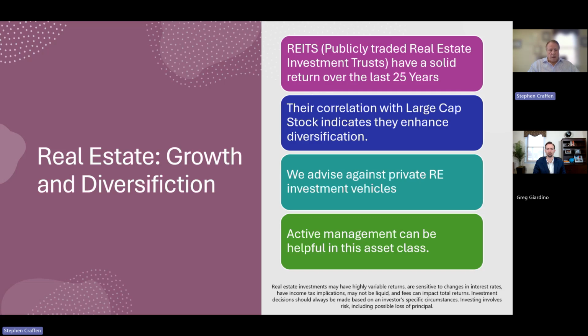Okay, next asset class, real estate. We recommend publicly traded REITs. I don't really recommend private real estate generally. A lot of times, in private real estate, you're dealing with one manager who may not be diversified on a regional basis. They may not know different types of real estate. They may not have the flexibility to move around because, believe it or not, real estate is one of the few areas where we think active management actually adds value.